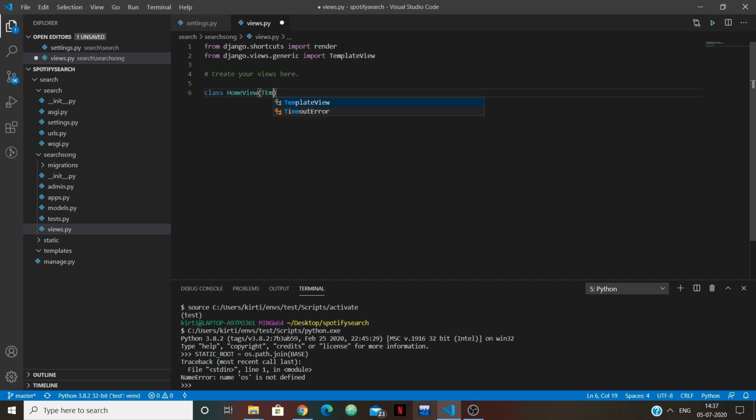In this we will write TemplateView, then we will name the template name as index.html.